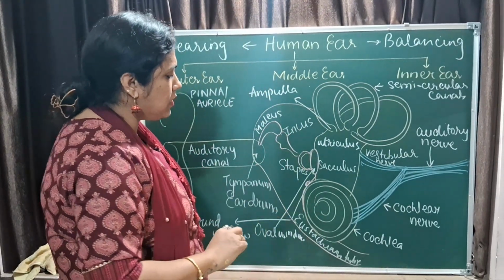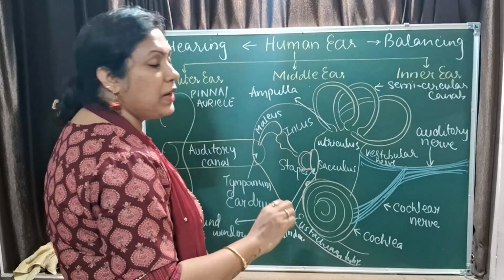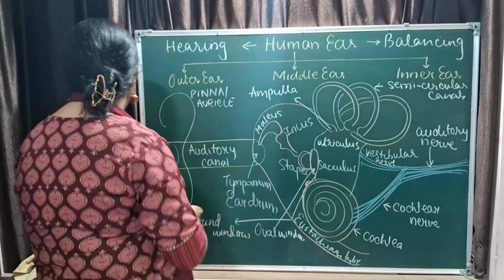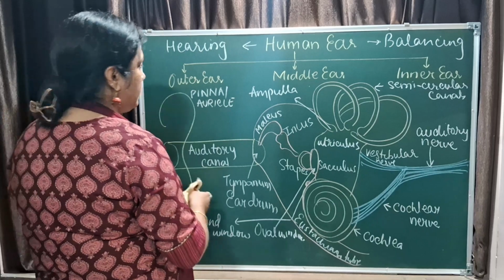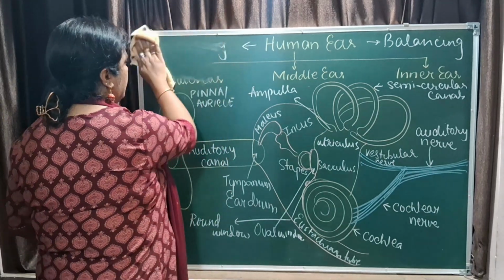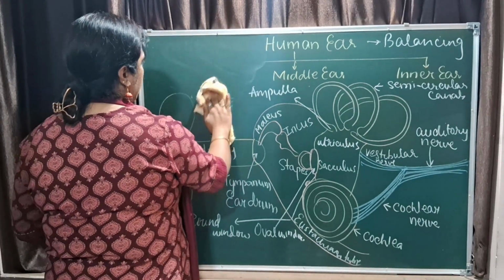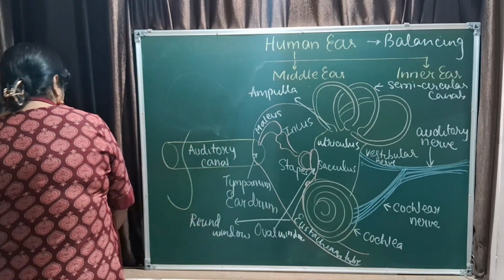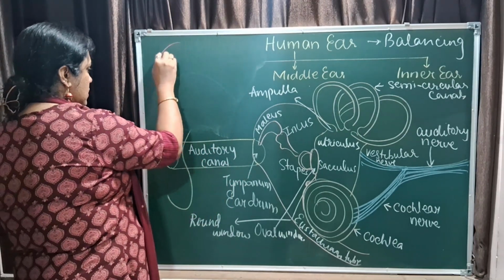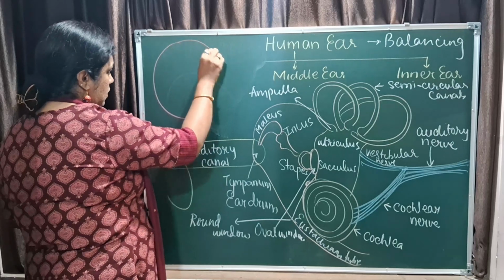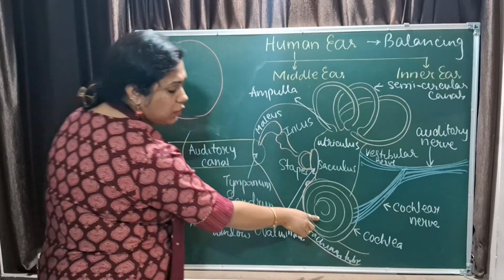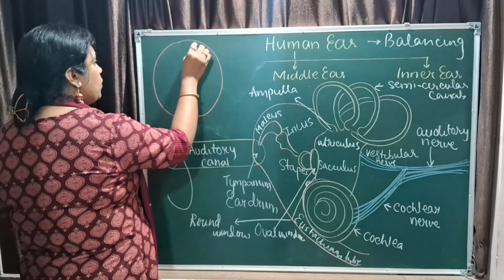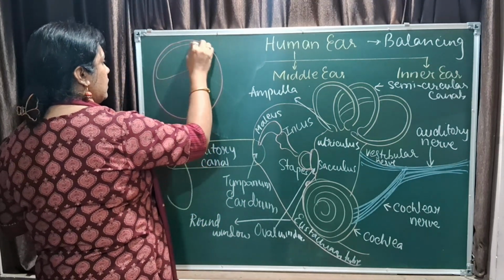We just have to understand the cochlea a little, then we are done with the sense organ chapter. Is this clear? I will not rub the entire thing. I will just rub the upper portion to explain the cochlea. Now cochlea, if you see, is a coiled structure. It's a tube with fluid inside, right? So the fluid, there are three